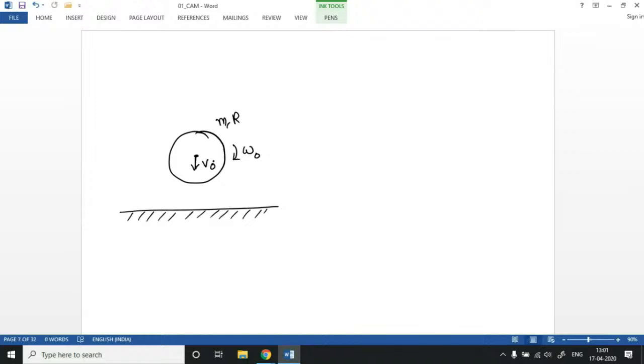Okay, so let's say we are interested in finding out the kinetic energy of this ball just after it hits the rough horizontal surface, and let's say the coefficient of restitution is 1. So the first thing we will write is the condition after the collision, when we will be looking at